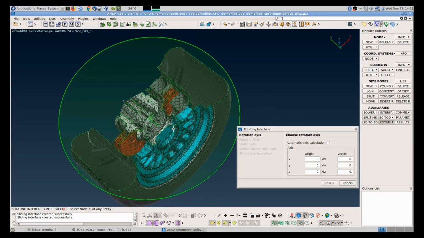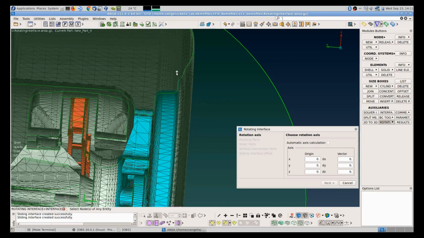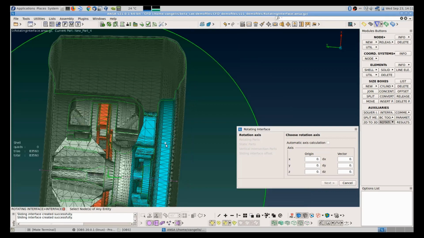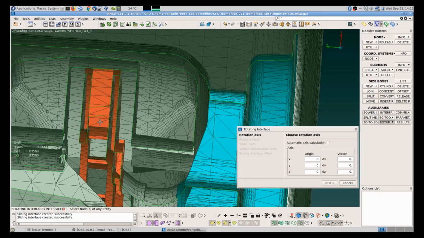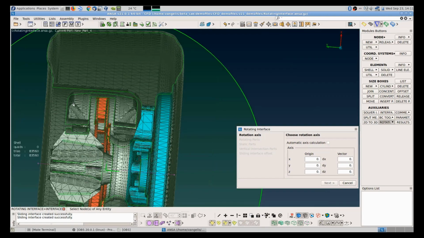Mind you, the purpose of this is to create an area that will separate the rotating region of the mesh with the stationary. So we'll create an isosurface, a surface that offsets by a specific distance and includes the rotating wheel, the rotating disc brake, but will not include, of course, the brake caliper, which is stationary.